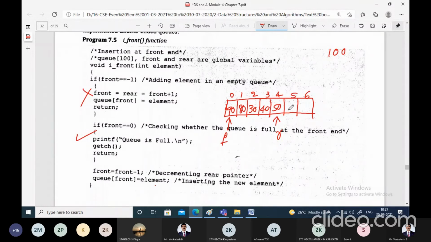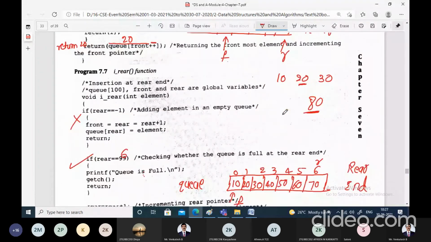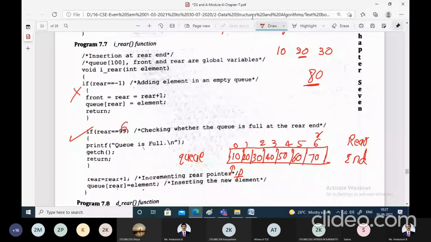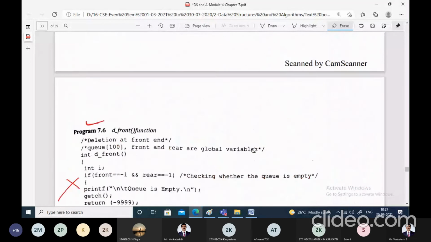Now let us go back to the insert rear function once again with this scenario. Yes, this was the insert rear function where we stopped. I will make use of these elements only for continuation of the insert rear function.